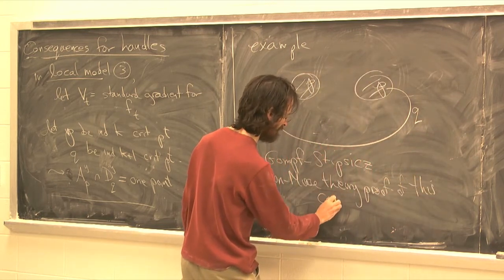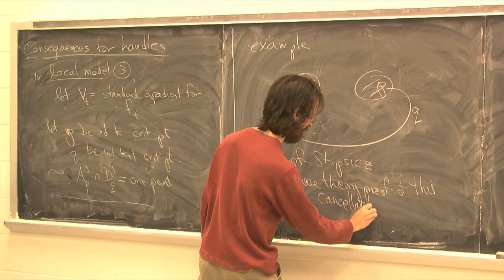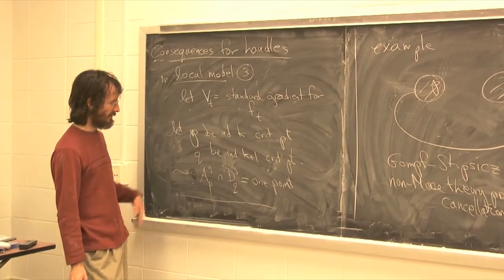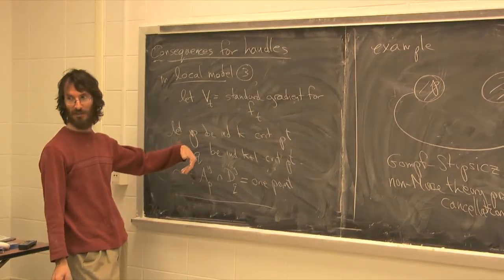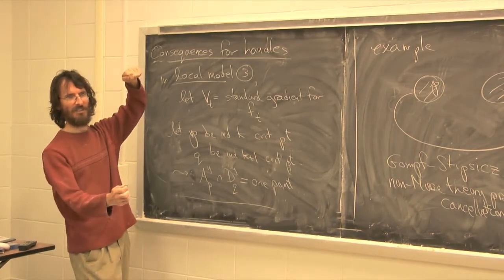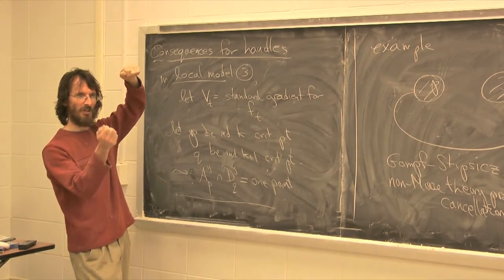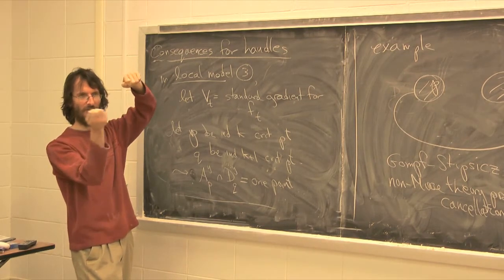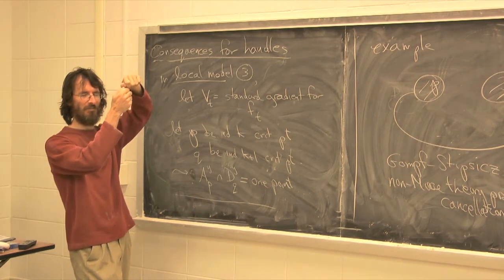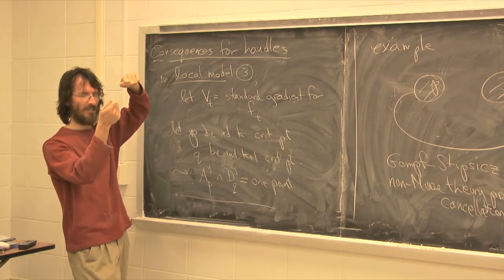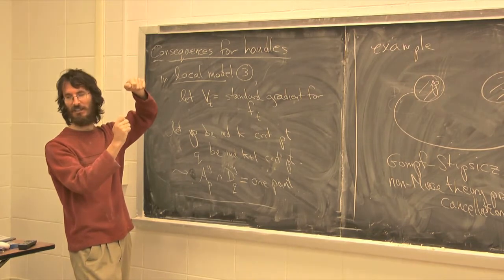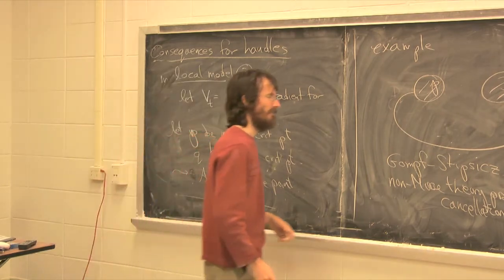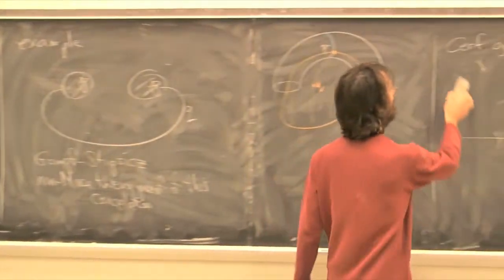But what I want to do is actually show you that, I would like to run this backwards, right? Suppose I see two critical points in consecutive level sets, so there's no other critical values between them. And I find a single intersection between the ascending and descending manifolds and no others, exactly one. Then I want to argue you can actually modify the Morse function so as to cancel those two. And so the claim is